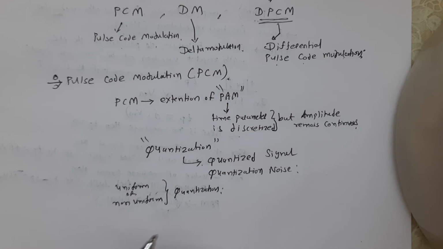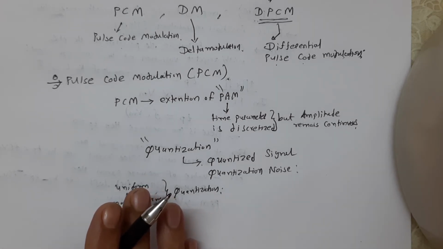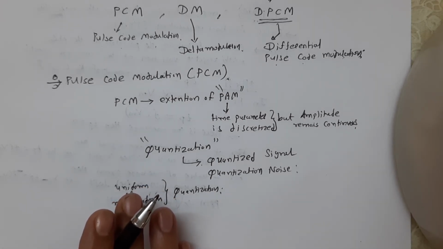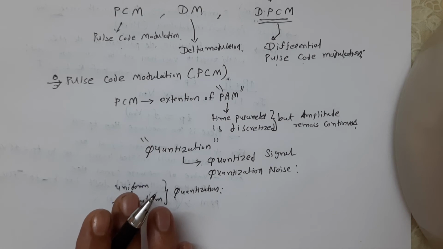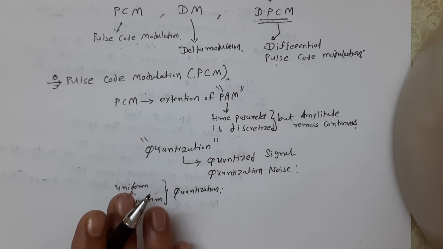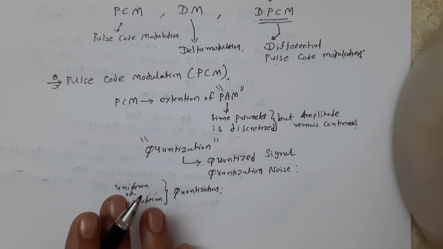Uniform or non-uniform quantization or PCM. The non-uniform quantization, and hence PCM, are based on the observation of the non-uniform distribution of the signal values within the allowable limits. For example, in case of speech, most of the signal values are around the zero level and few will be in the maximum range. Hence, benefit can be achieved in terms of quantization noise by using non-uniform quantization.